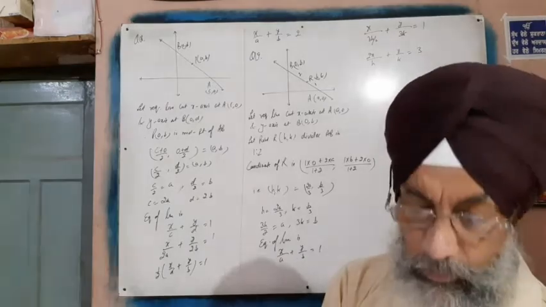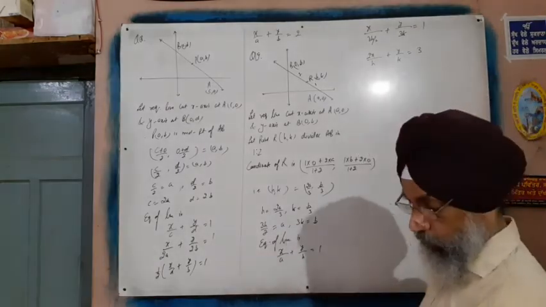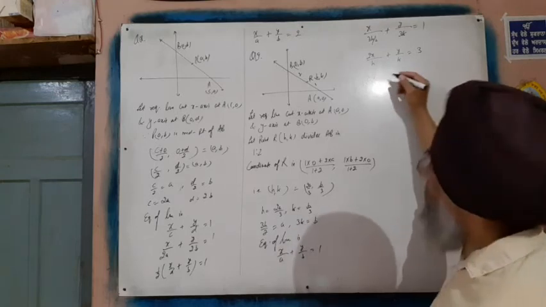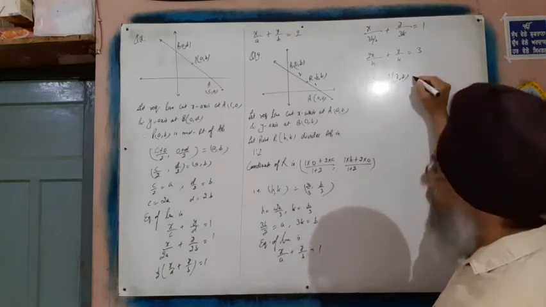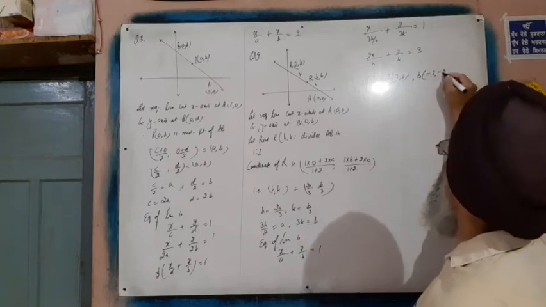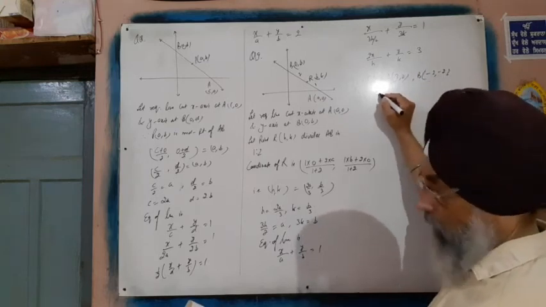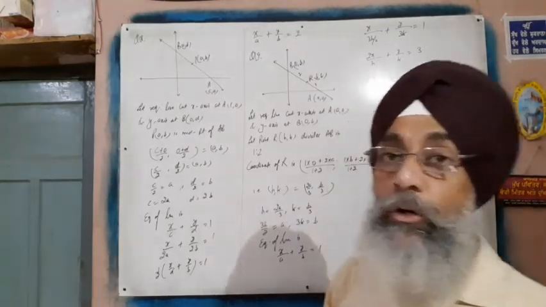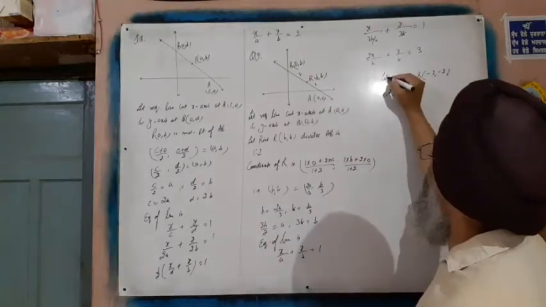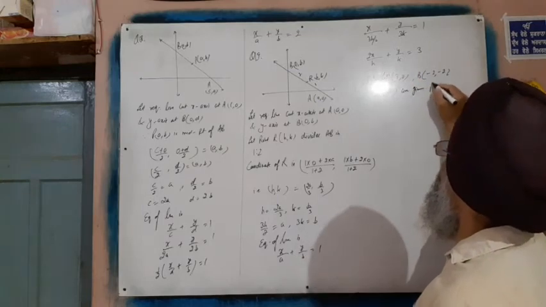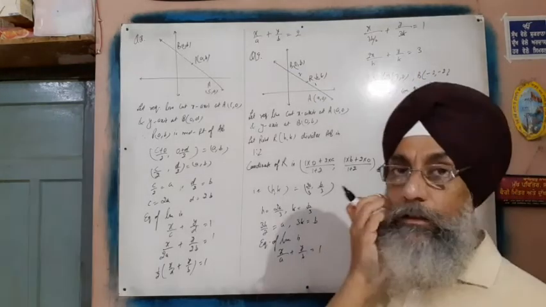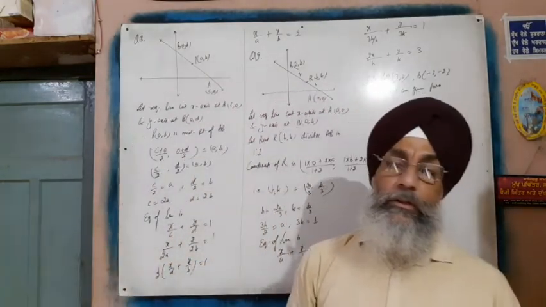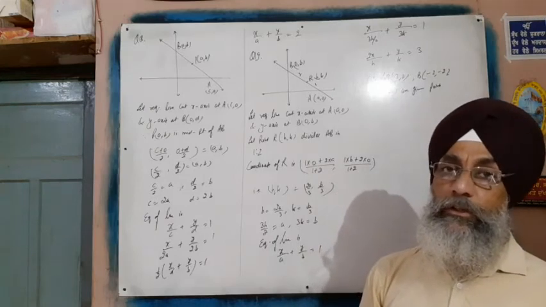Question number 20: by using the concept of the equation of a line, prove that the points (3, 0) called A, (-2, -2) called B, and (8, 2) called C are collinear. Using the concept of the line, we have to show that they are collinear. Here we could apply the area formula: area of the triangle is equal to 0, half of x1 (y2 minus y3) plus x2 (y3 minus y1) plus x3 (y1 minus y2).